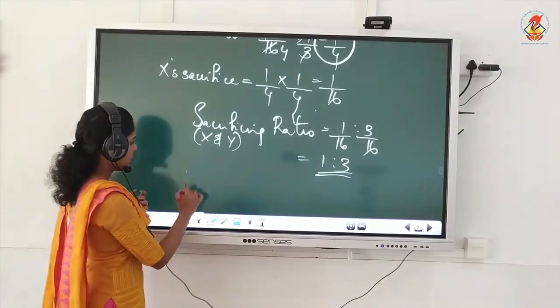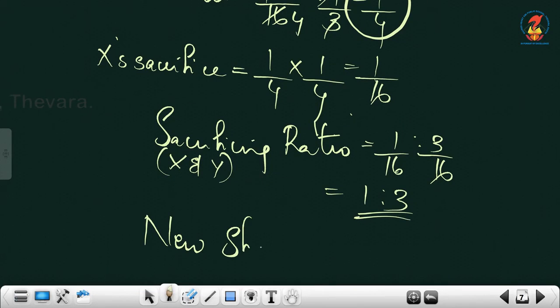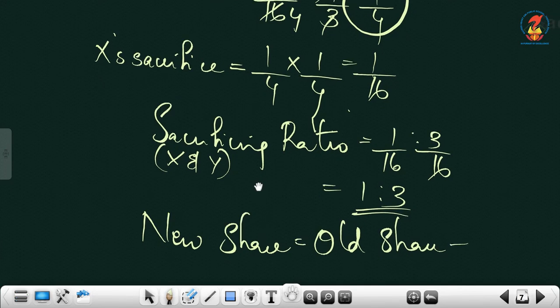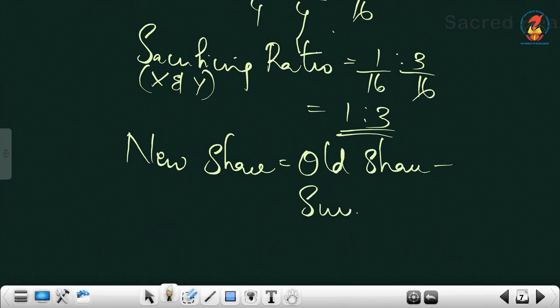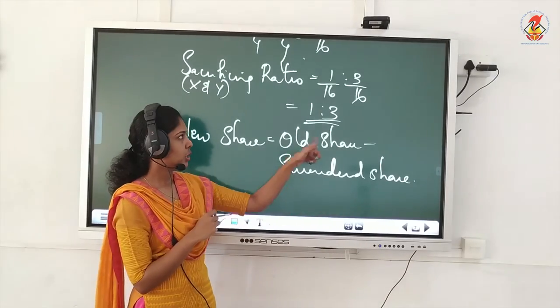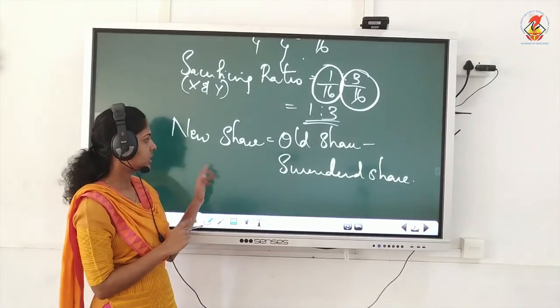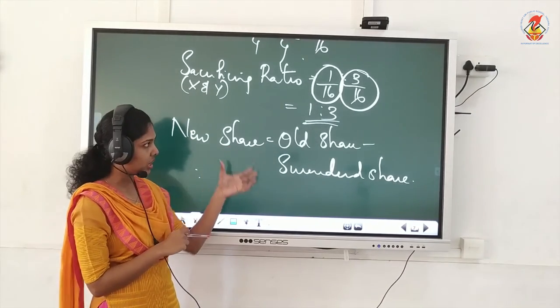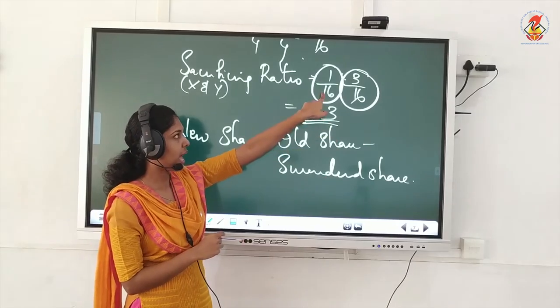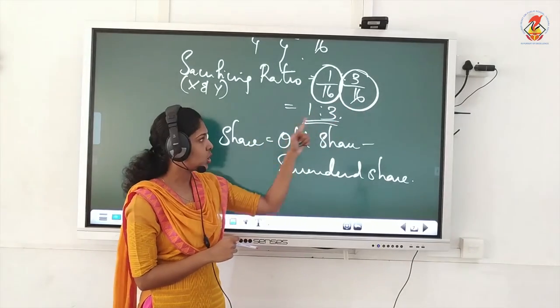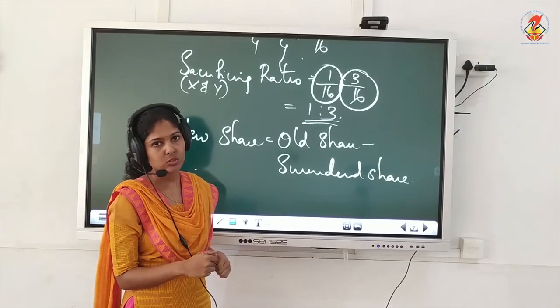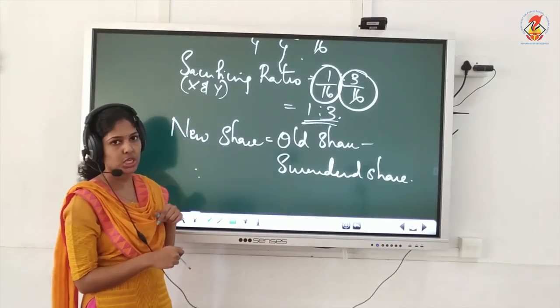Now you can get the new ratio. How will you get the new ratio or the new share? That is equal to old share minus the surrendered share. Now when you take the surrendered share, will you take this 1 by 4 as surrendered proportion? No, you must take the actual proportions, 1 by 16 and 3 by 16. This one you have to work out. I am not doing this. You can continue. Take the sacrificed proportion as 1 by 16 and 3 by 16. Not this one. This is the ratio, but you have to take the actual proportions when you compute the new share or new ratio.